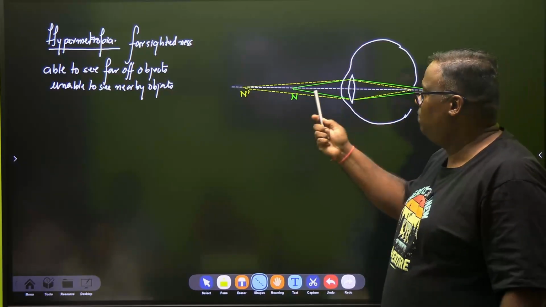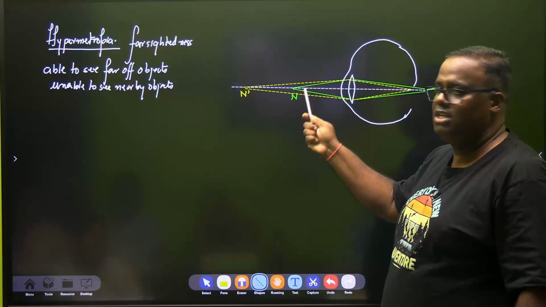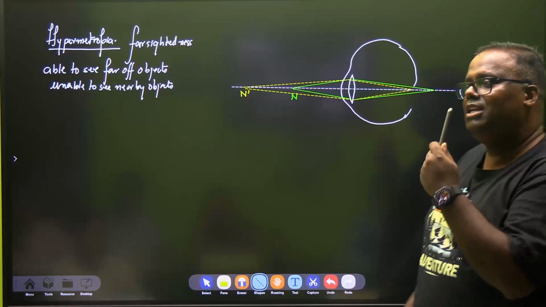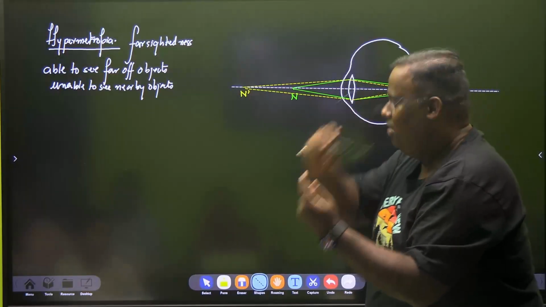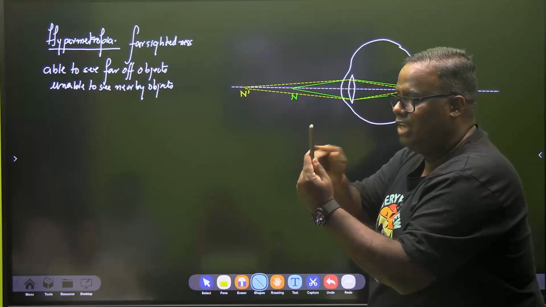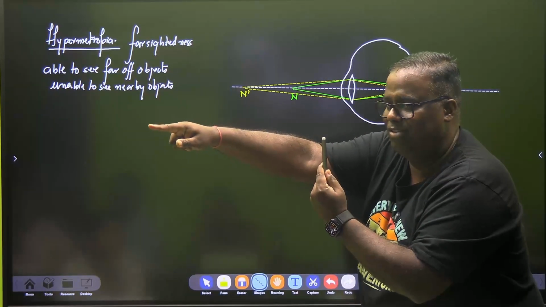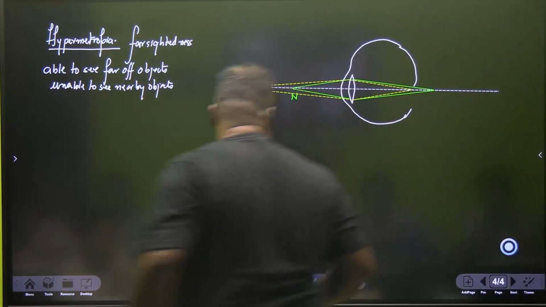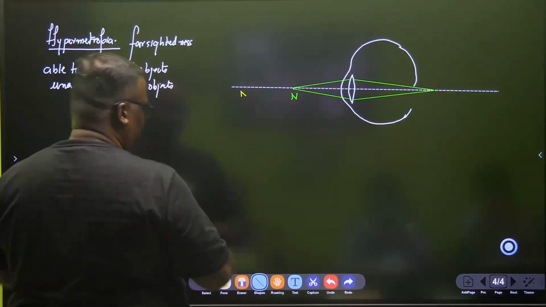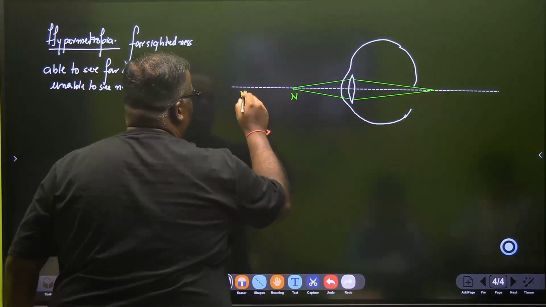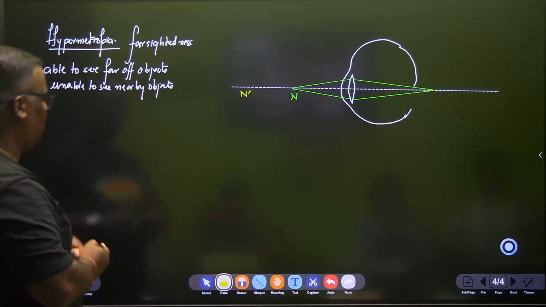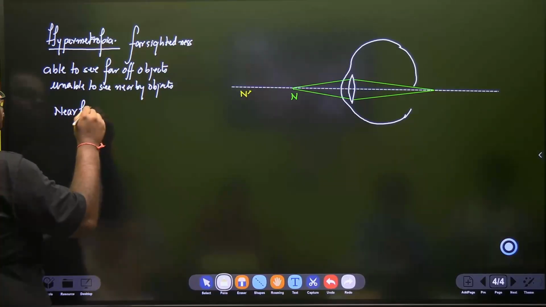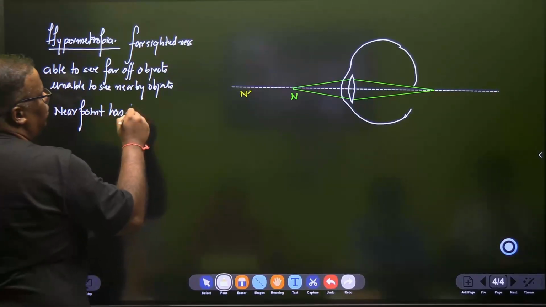We'll say this fellow is able to see here, not see here. But if I keep an object here and I create its image here, then he did not use that selfie stick. He can keep it here, wear his specs and see it here. Actually it is there. Image is forming there for him, but he can see the object from here itself. Have you understood? So now I'll erase this once again. So this was his problem. So how do we correct his problem? This is n dash. His near point has got shifted. So here we will write near point has shifted